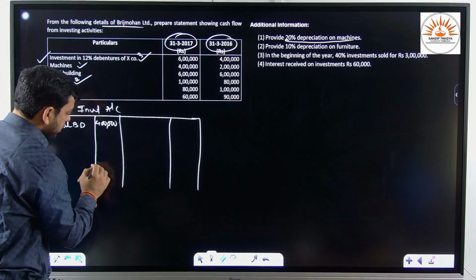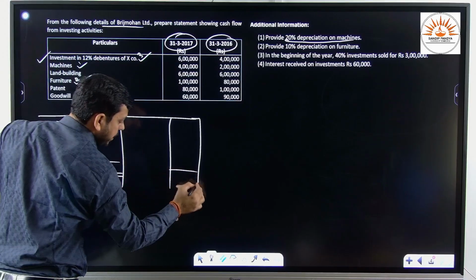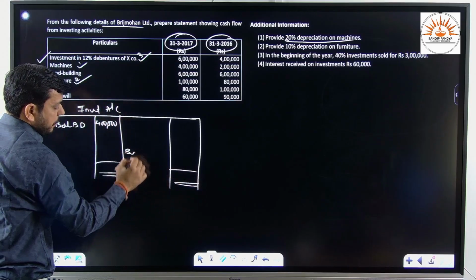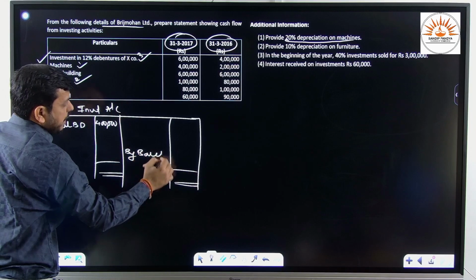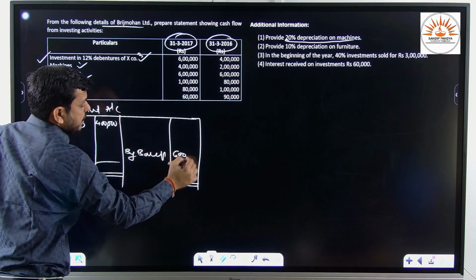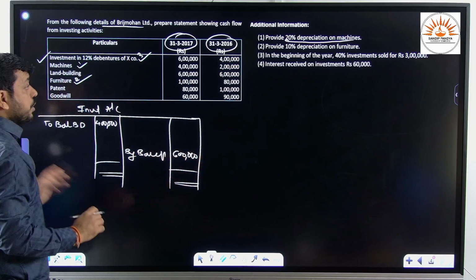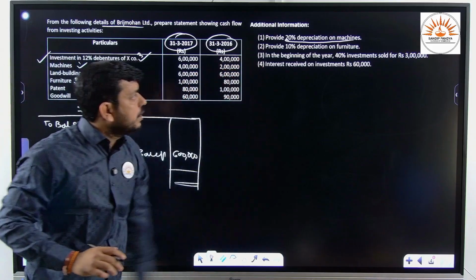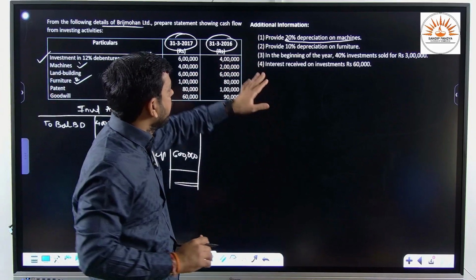What is the closing value? 6 lakhs. So we shall write here by balance carry forward, that is rupees 6 lakhs. Fine. Suppose we have not been given this information, that 20%, or we can say in the beginning of